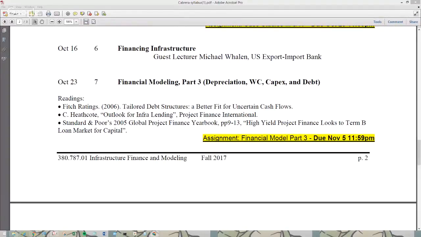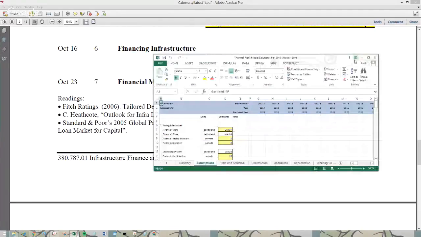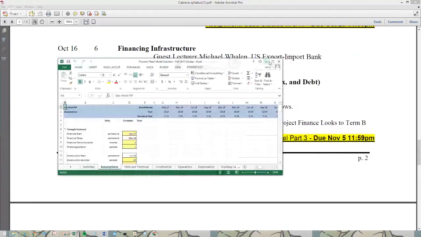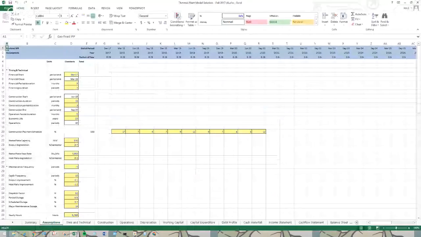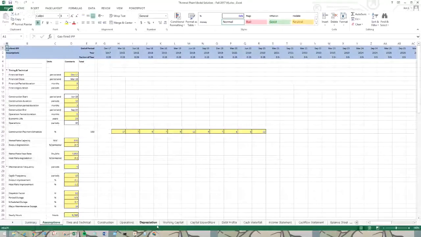So assignment 3 consists of depreciation, working capital, and CapEx and debt. I think this one is probably the most straightforward of all the tabs. It's due Sunday, November 5th. So there it is. Okay, so we'll start. So it's depreciation,